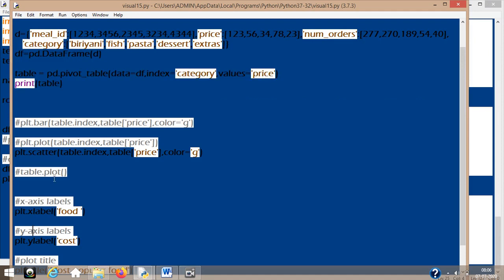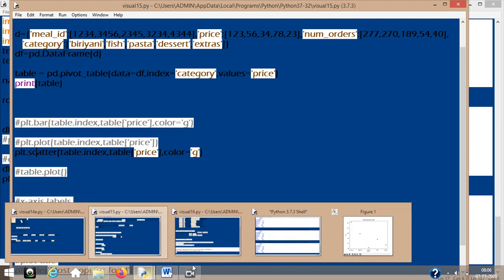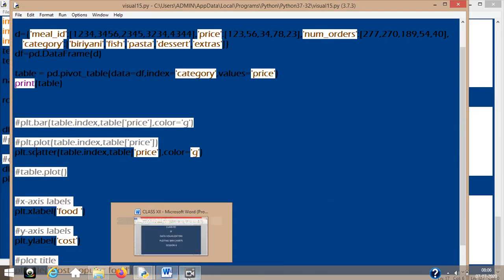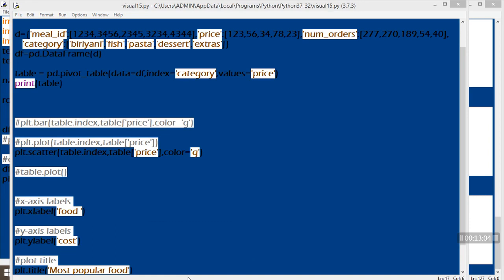So a data frame can be pivoted or used with the group by option. You can specify the symbol methodologies where you have your x-axis and y-axis, and then using plt.bar or plt.plot or plt.scatter, you can specify the different visualizations. With the help of this option, it will be easy for you to understand how to plot your graphs.